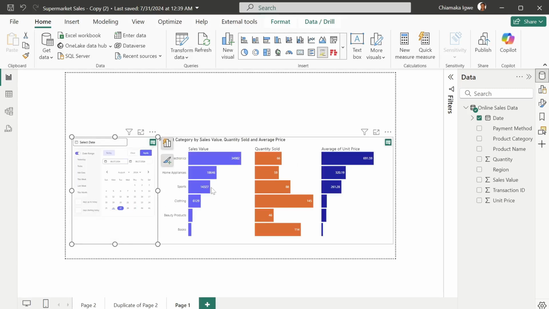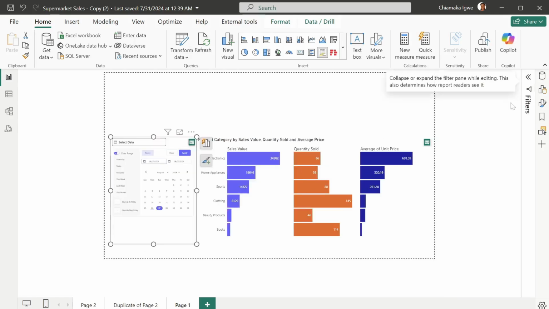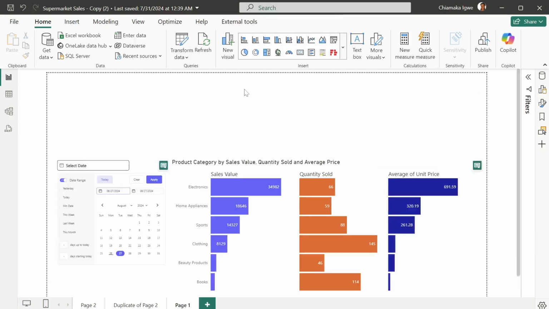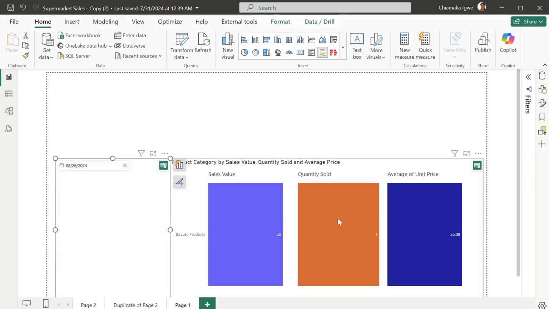You can see that, let me increase the view. So we have our slicer. And once I click on today's date and click on apply, it filters. So this is how you create a calendar date, as well as a merged bar chart